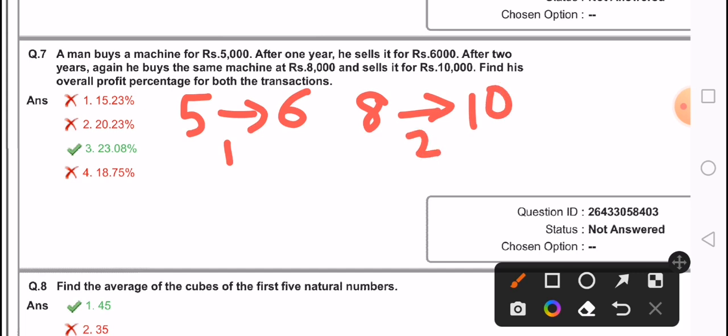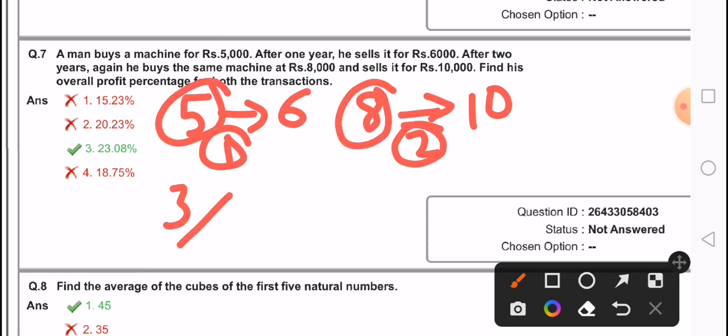Overall profit percentage. Overall profit is this 1 and this 2. 1 plus 2, 3 by what is the cost price? 5 plus 8 is 13. 3 by 13. It comes around 23.8%. Actually what I do is that we take 13 by say 5, because if we divide